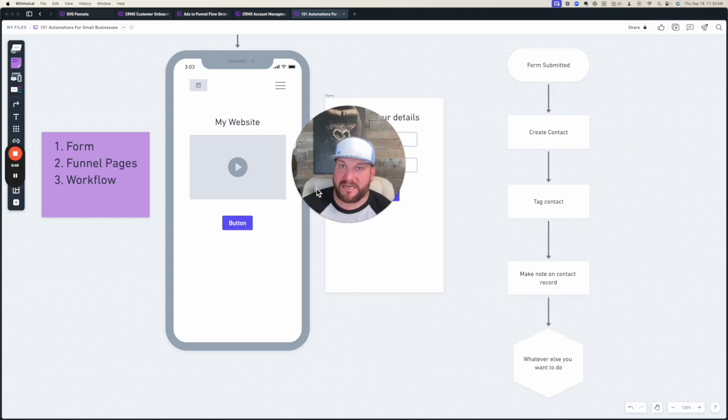I know I need a form, I need a funnel, and I need some kind of automation workflow, but I don't understand how they bolt together. So this will answer that. I'm going to walk you through an example. I'm going to use a webinar funnel because that's the template I have up and could find fastest for you. And I'll walk you through what's needed, and I'll show you how they're all connected